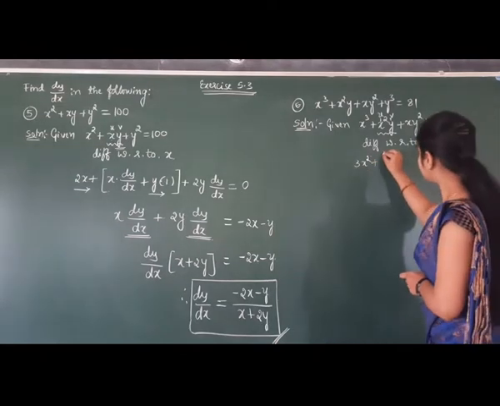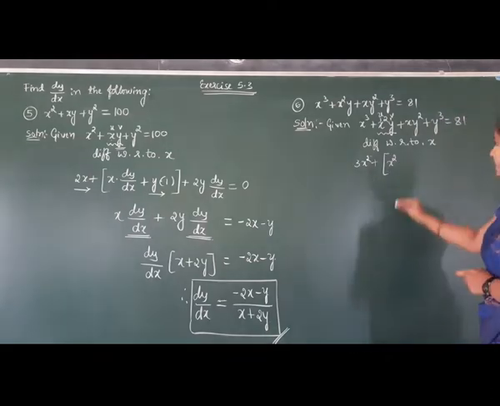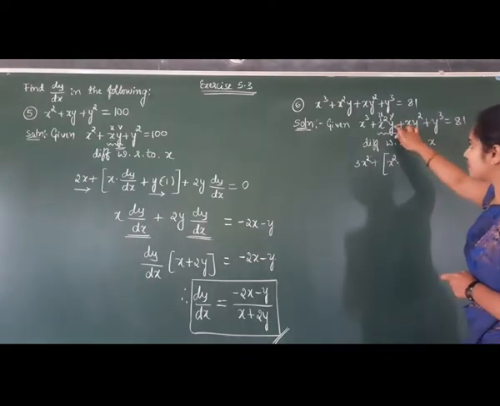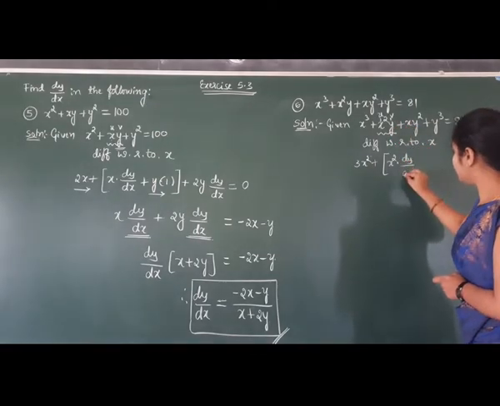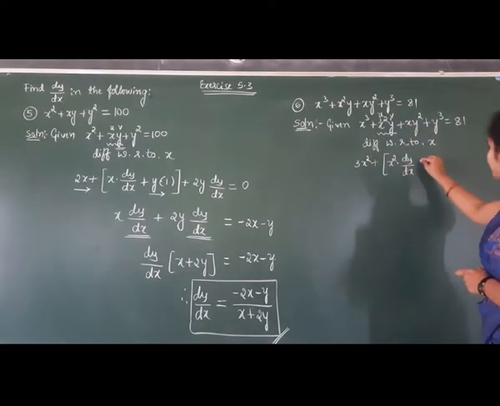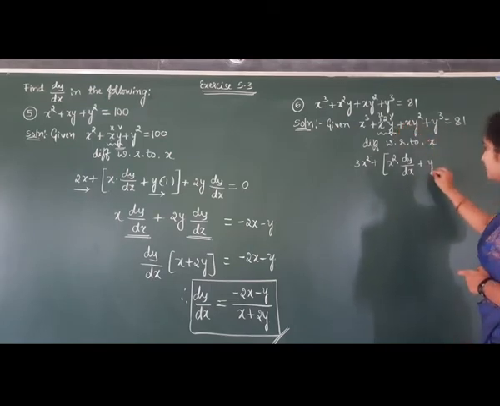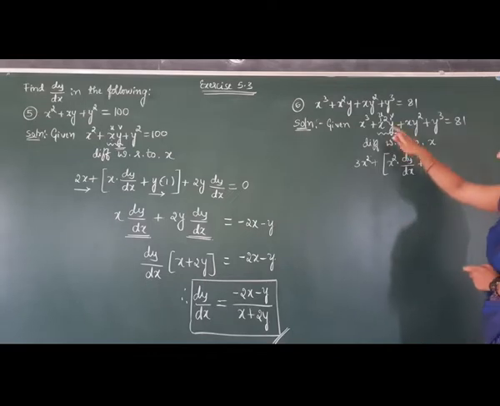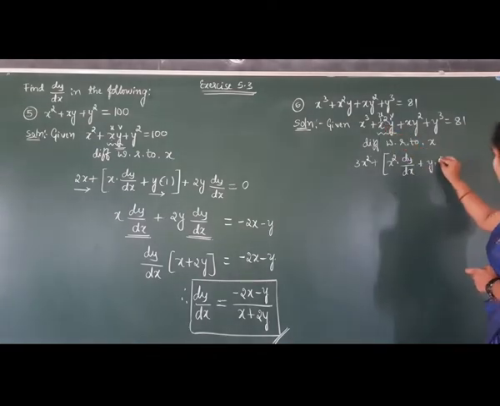So I will give the first function x square as it is into derivative of the second function y with respect to x is dy by dx plus, so keep the second function y as it is. So now the derivative of the first function x square with respect to x is 2x